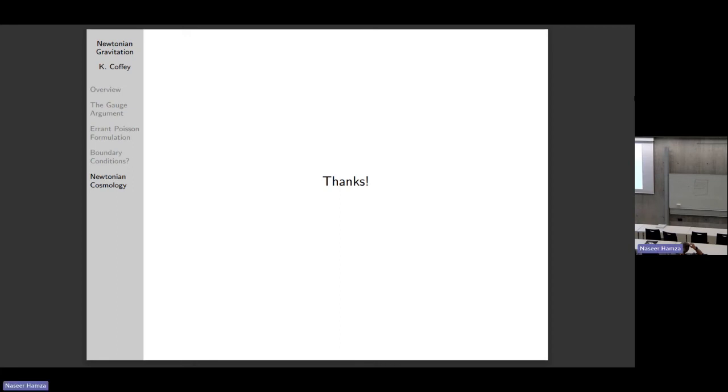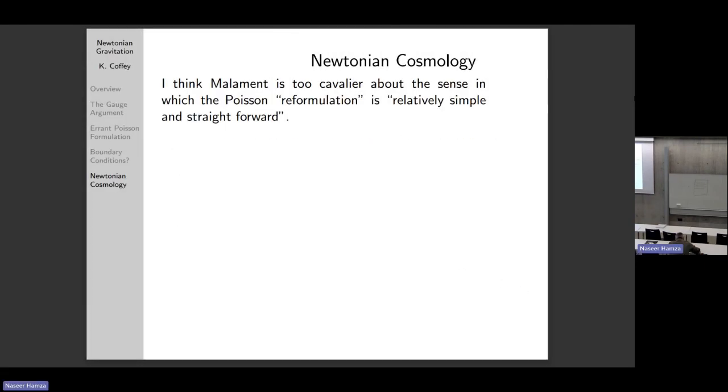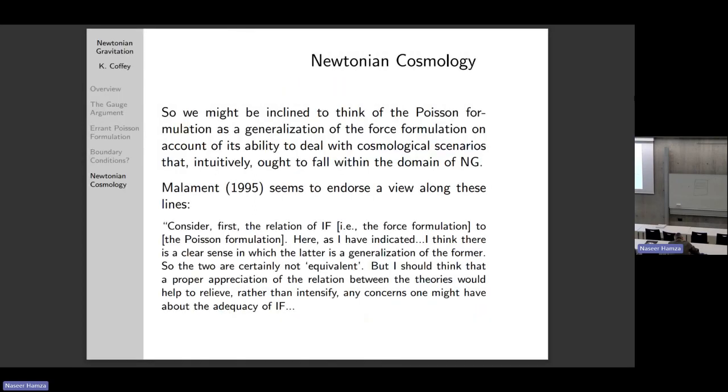Two points. One is regarding this method that you showed us: without imposing boundary conditions, we basically don't have a unique solution. And I think in the cosmological setting, you face the same problem, right? Unless you tell me exactly what I have to have, which is almost akin to giving me the solution without looking at the question. So I think in the flat case, in the localized case, you can have this natural requirement of requiring things go to zero. But in the cosmological case, you don't have any alternative.